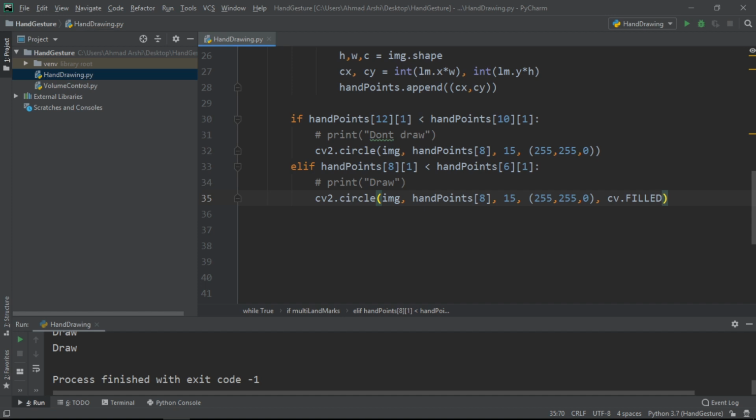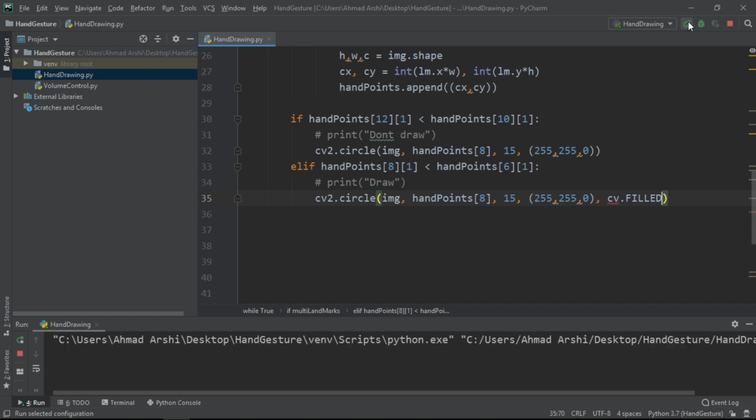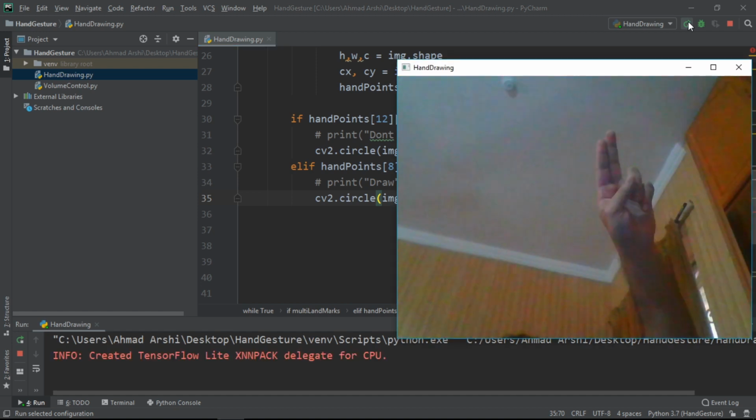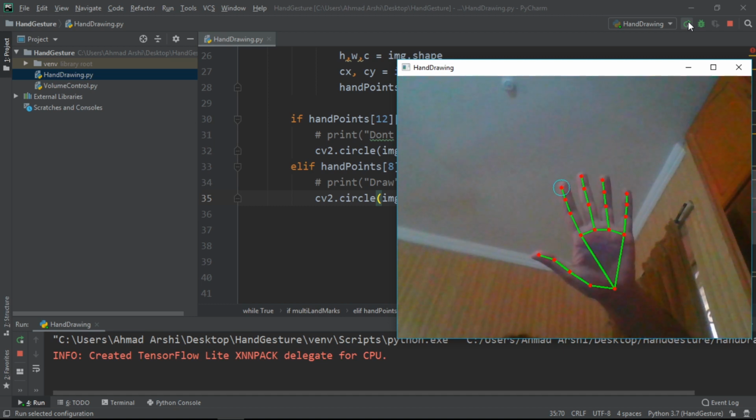So now if we just give it a quick go again, here you can see it detected the hand, and now when I have both the fingers open, this circle is marked as hollow.